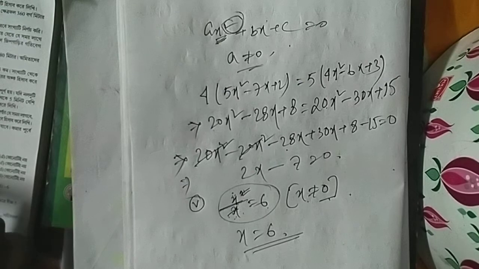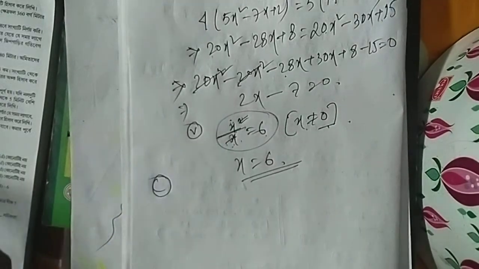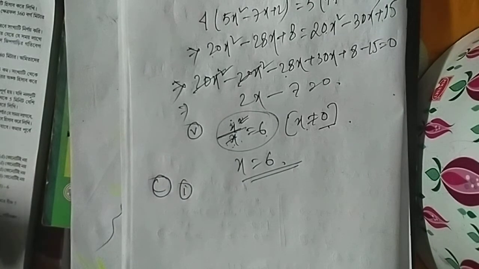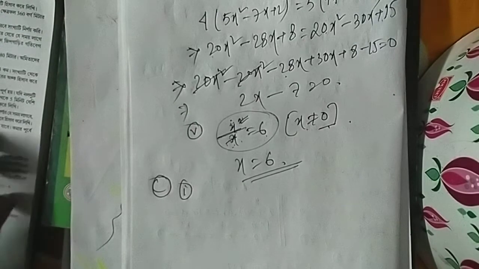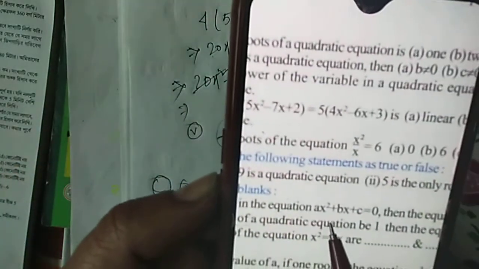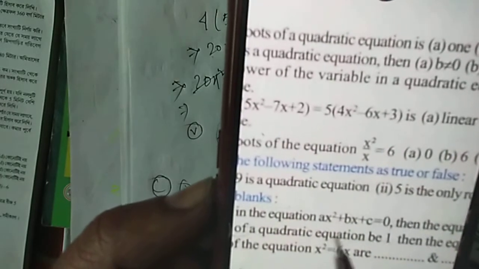Okay students, now I will discuss question number C. Here it is given in question number 1 of C that a equal to 0 and b not equal to 0, then for the quadratic equation ax square plus bx plus c equal to 0, the equation is a dash. Everyone sees that here a equal to 0 means the term of x square will vanish, and b is non-zero, therefore bx plus c equal to 0.